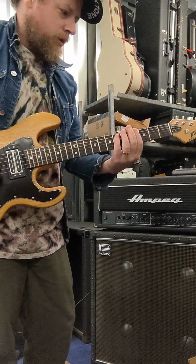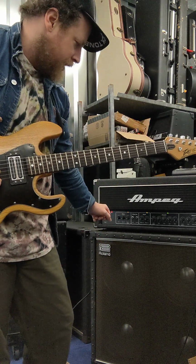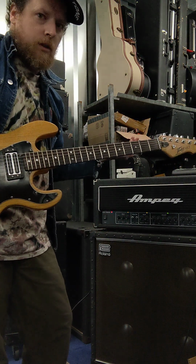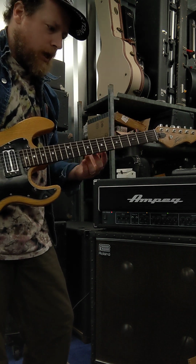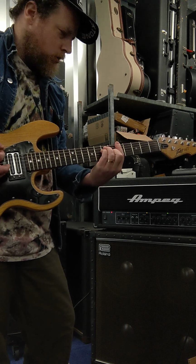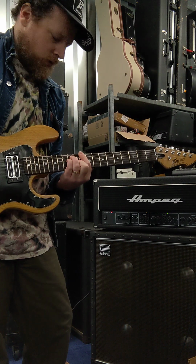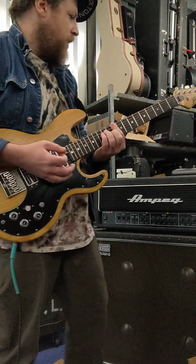And so right now I've got the chorus on for channel B, and put the rate all the way down and the depth all the way down, and you can tell, at least in the room, that the chorus channel, or the stereo pair for the amp, is back in, and the chorus is there, but just barely. It reads as almost no chorus. Compare that with